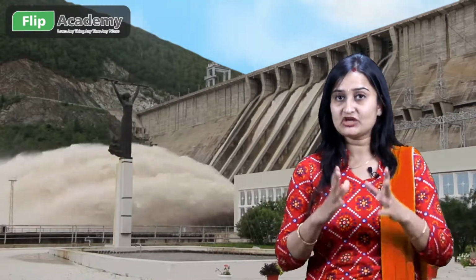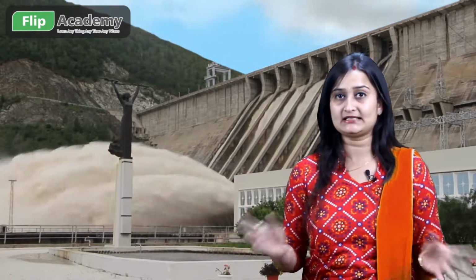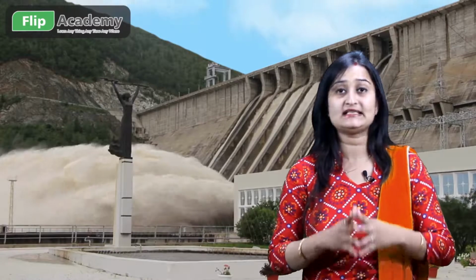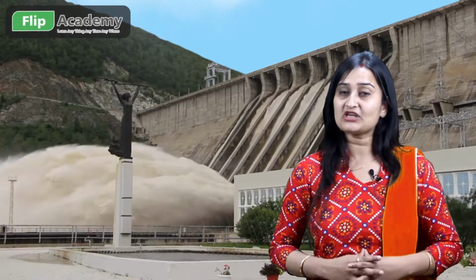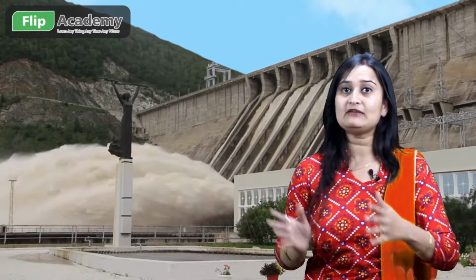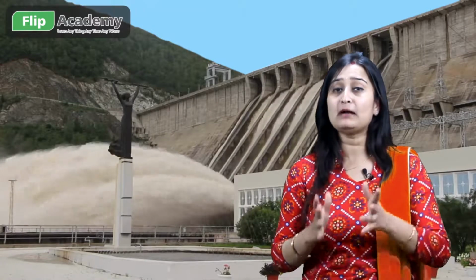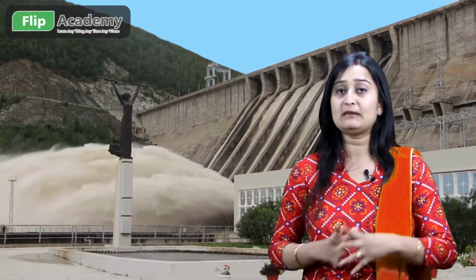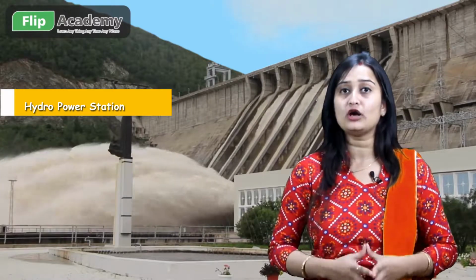This hydroelectricity is not produced by simply converting water into electricity just like that. No. There are proper power plants or power stations installed in order to convert the water into electricity. The water I am talking about is water which falls from a particular height, that is, free falling water. When this water falls from a particular height, it possesses a high amount of kinetic energy. This kinetic energy is converted into electricity by using hydropower stations,